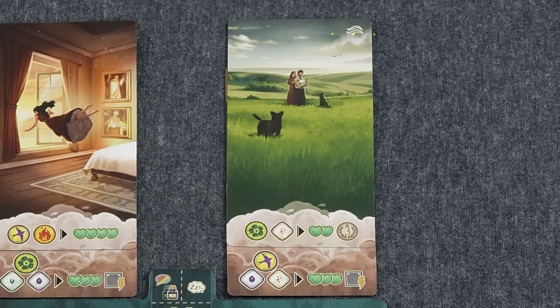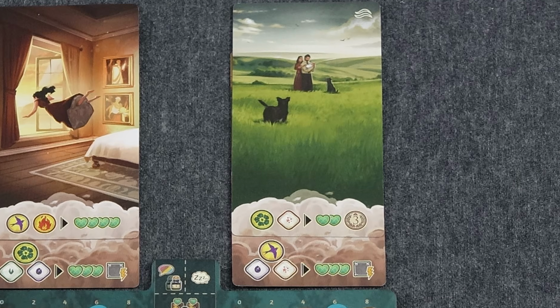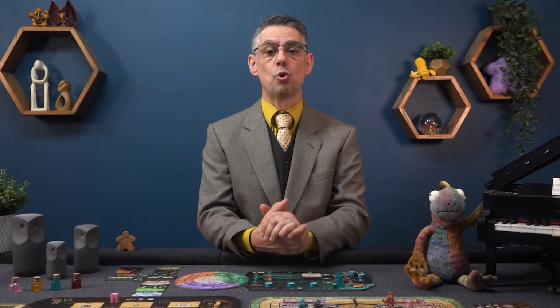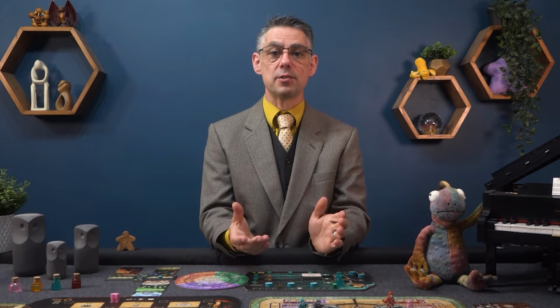Some manifest dreams have an icon in the upper right corner. As depicted in the middle of your office board, if that icon matches the icon on the client's grief layer, then you gain 1 heart-shaped box when you use the effect of that manifest dream to treat the client. I'll explain heart-shaped boxes later, but now it's time to talk about catharsis, which is the process of releasing strong